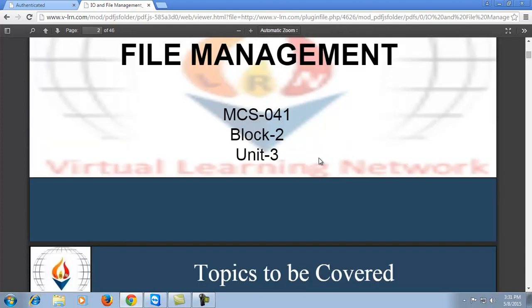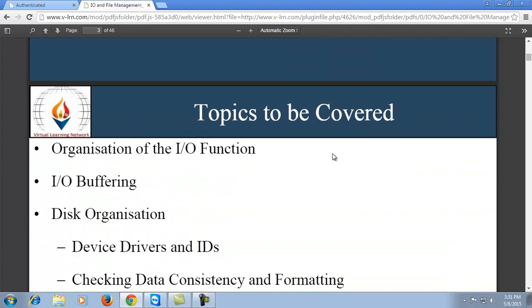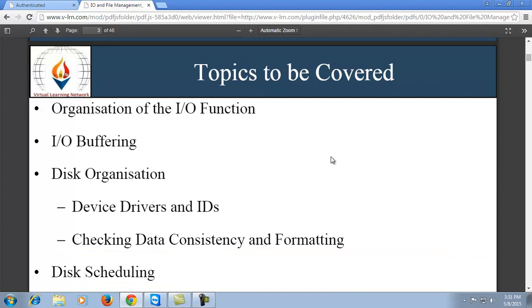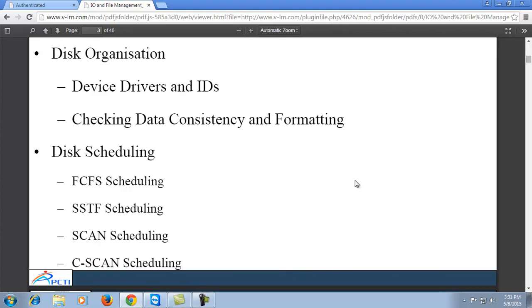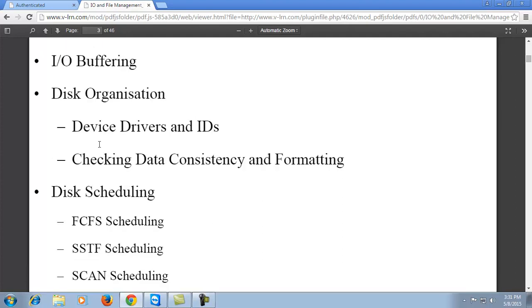In this we discuss the input output inside the files, writing the content, buffering the content, the device drivers which are required, and disk scheduling, in which we have to schedule the storage and represent the number of values in first come first serve, shortest seek time first, SCAN, and C-SCAN scheduling. In all of these scheduling methods, we represent the storage referencing, how to store data and how to access that data.